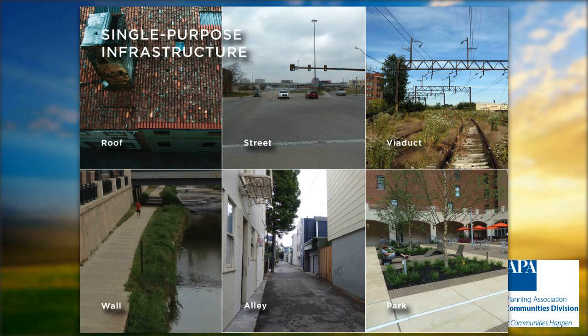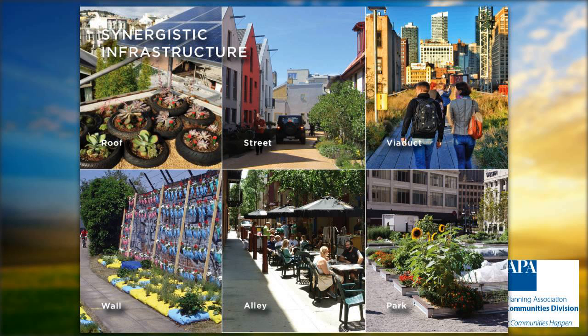In a world of limited resources and space, single-purpose infrastructure is a luxury we can no longer afford. Our early thinking says that systems function best when individual elements do multiple things at once. A park can no longer be just a place to read a book or walk to work, but also to produce food, and to store and infiltrate water. This slide demonstrates examples of synergistic strategies. We challenge all communities to use this root principle in improvements to their streets, alleys, rooftops, and green spaces.